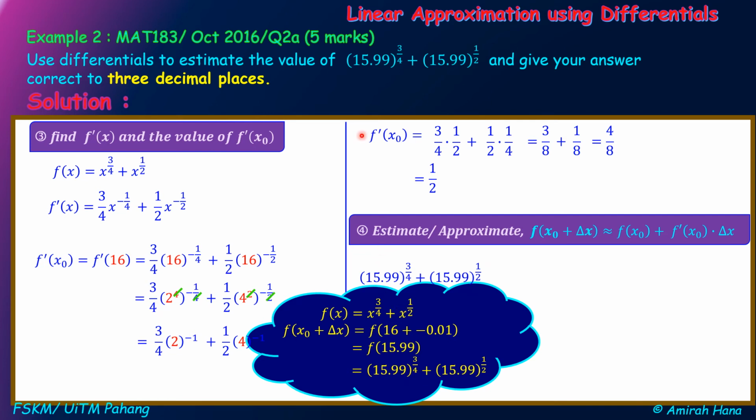Because if we substitute, from step 2, we have f x equals x to the power of 3 over 4 plus x to the power of half, and then when we replace x equals x naught plus delta x, we have